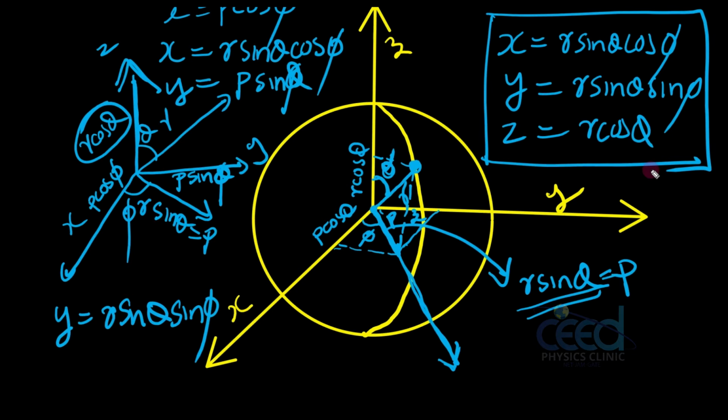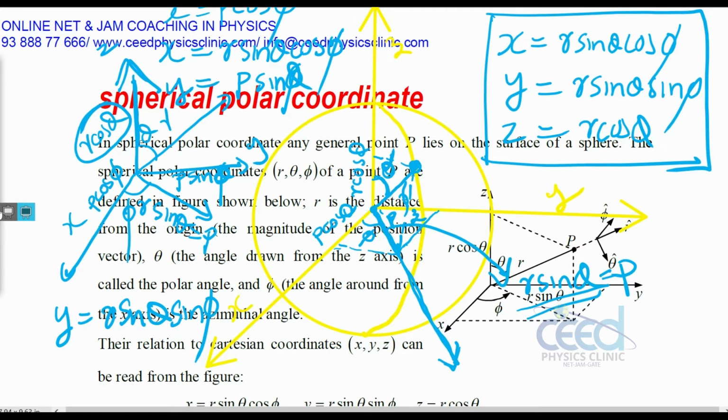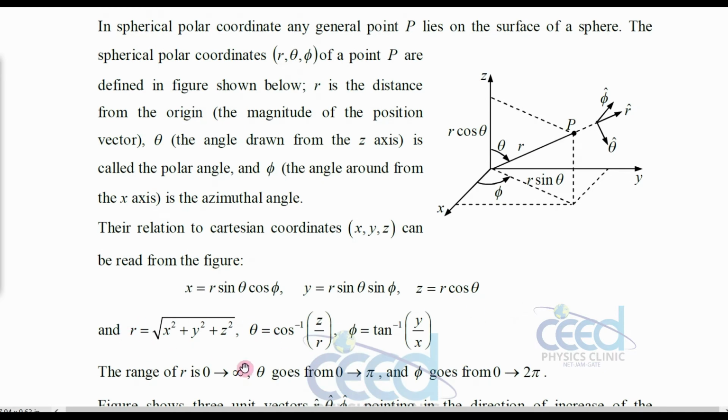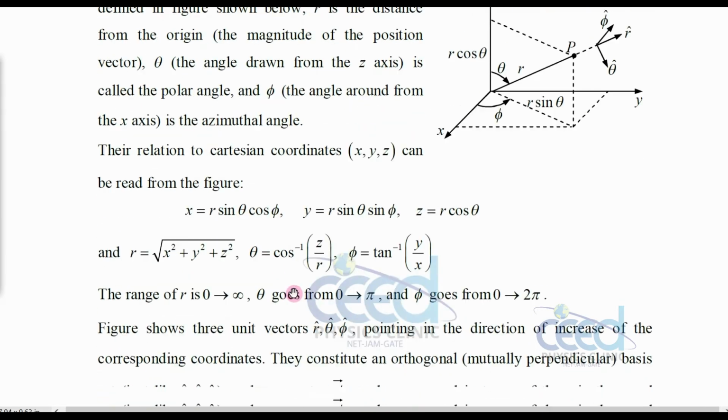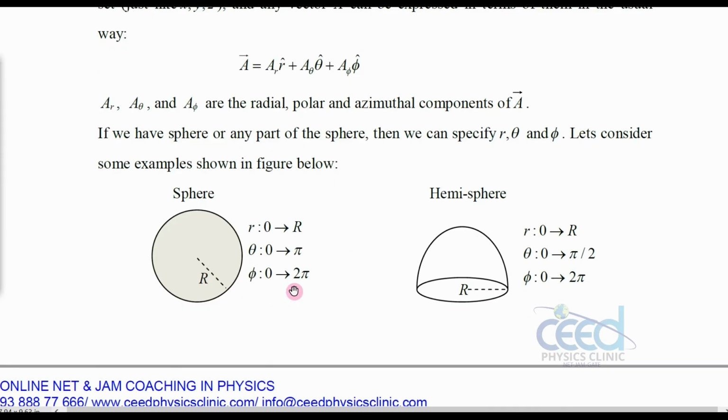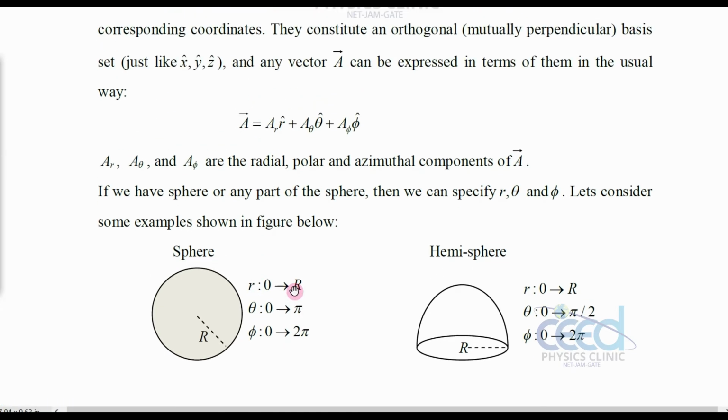Now we have to represent the length element, areal element and volume element in spherical polar coordinates. That is our next aim, which we will discuss in the next lecture. So here is the part which we have discussed. We can locate a point P, and also one thing we have to remember, the direction vectors. So we can have a look at this, and after that we can go to areal and volume elements.